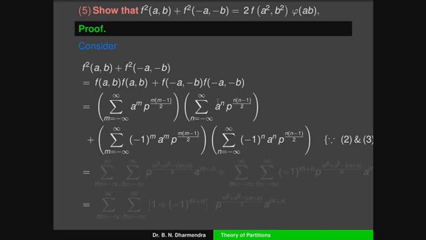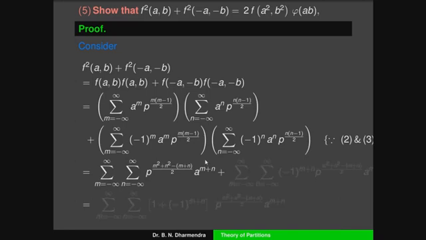So when I multiply the product here, the terms of both series run from minus infinity to plus infinity, m running from minus infinity to plus infinity, and n running from minus infinity to plus infinity. We can add the powers of p, that is p to the power of (m square plus n square minus (m plus n)) divided by 2, because the terms multiply m square minus m and n square minus n, into a to the power of m into a to the power of n.